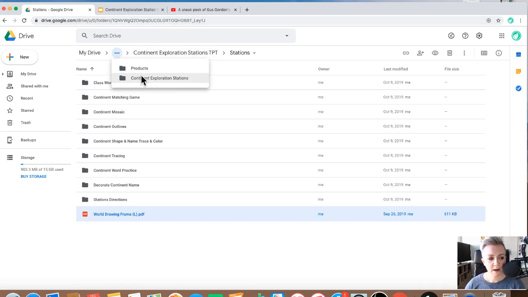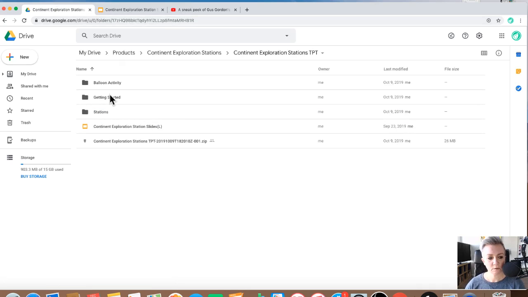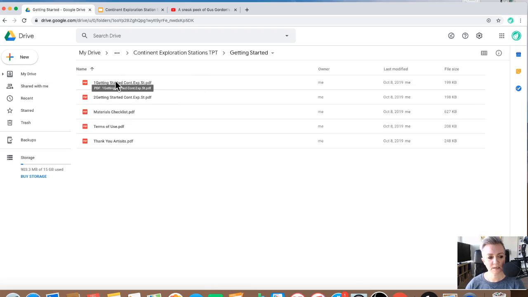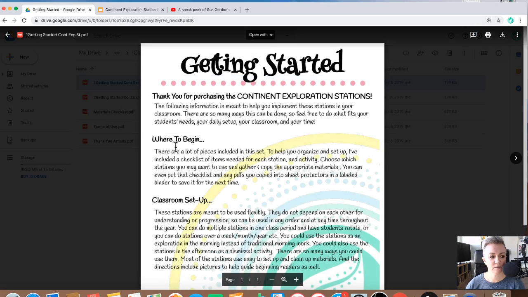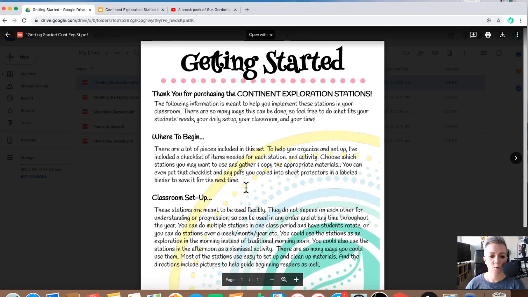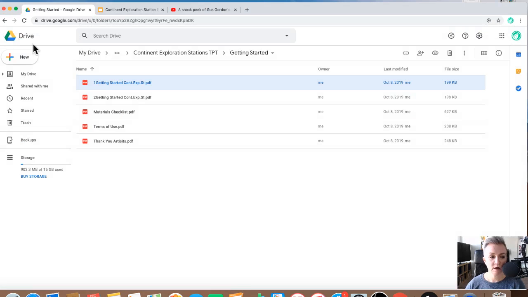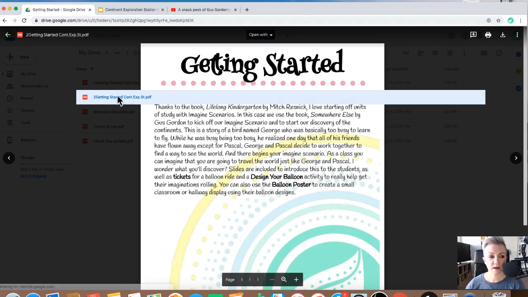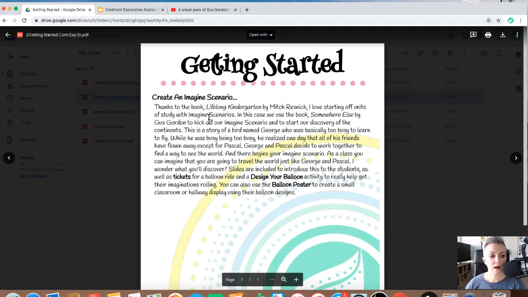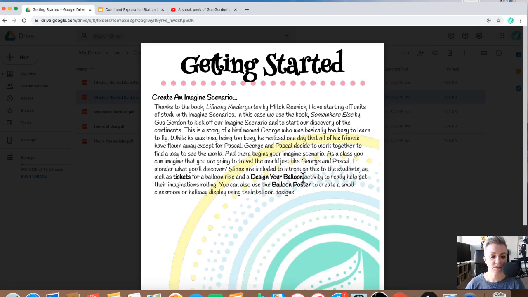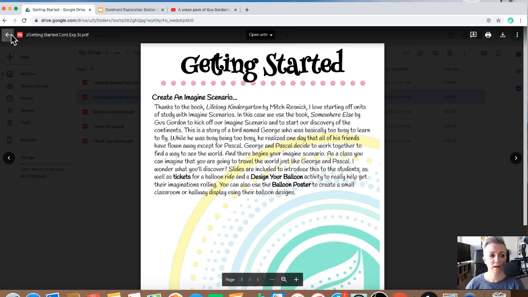I want to go back out and show you the getting started pages that are included. So I talk about where to begin, sort of your classroom setup, what you need to think about when you can do the stations and strategies like that. I also include the Imagine scenario explaining where I got that idea from, what the Imagine scenario is for this particular product, and what to do with it. Again, you don't have to use an Imagine scenario at all,